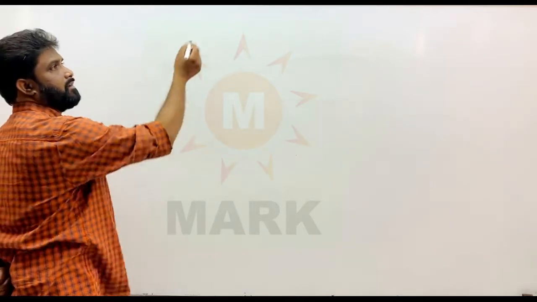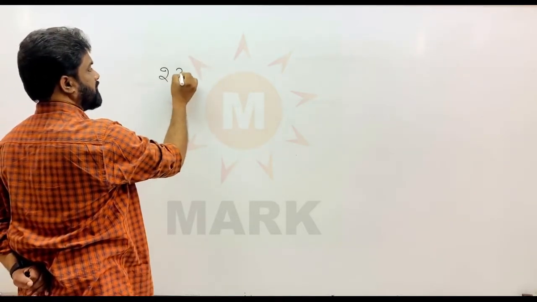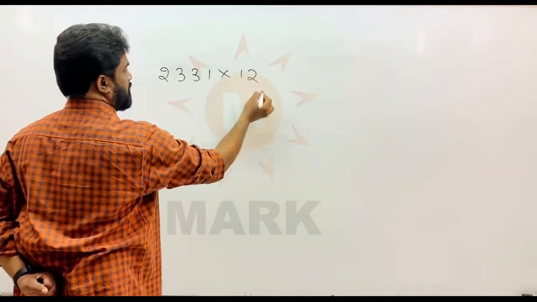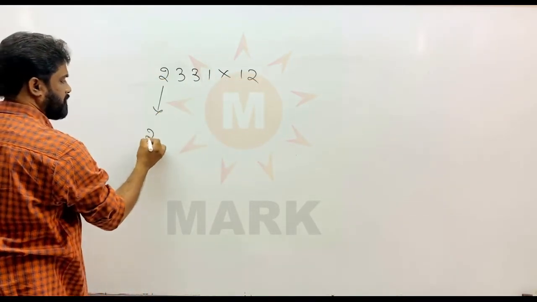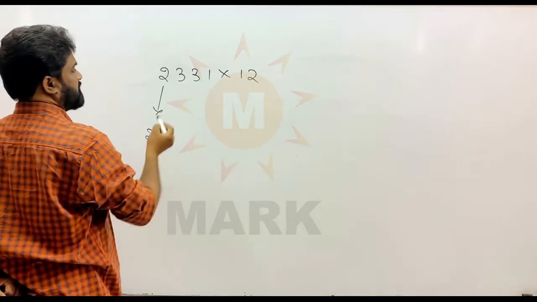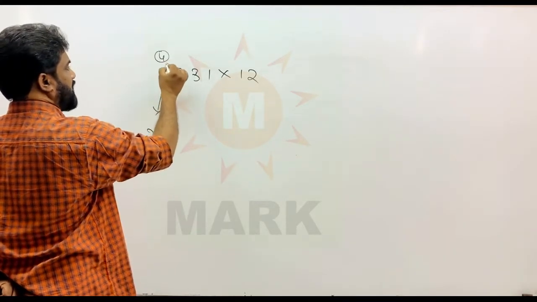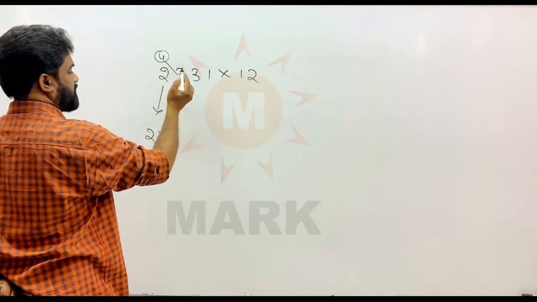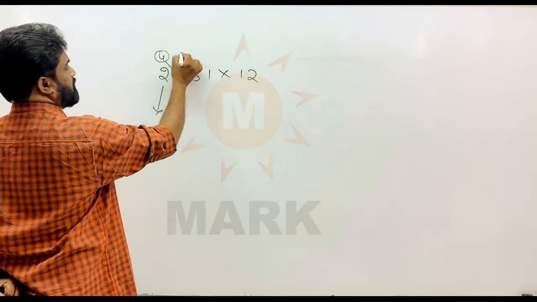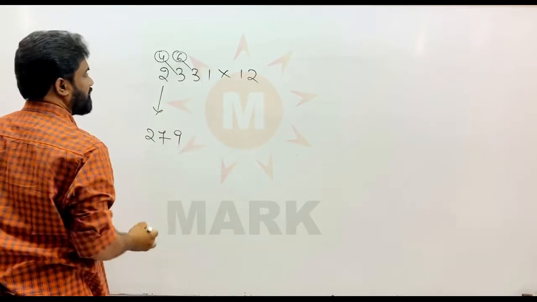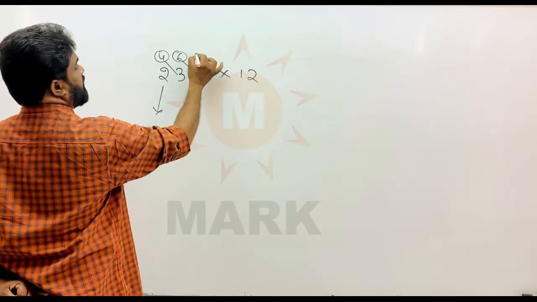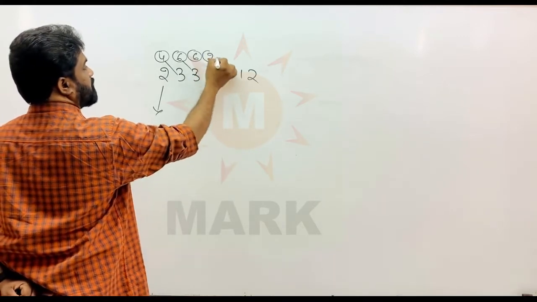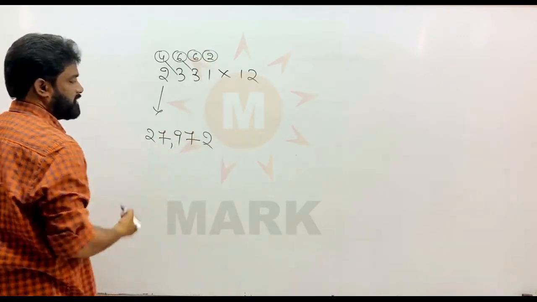Now I am taking suppose 2331, a 4-digit number, into 12. So first number as it is I am writing 2. Okay, first number as it is I am taking 2. So double the number, add to the next, that is 7. So double the number, add to the next number, that means first 3. So what is the double of 3? 6. 6 plus 3 what? 9. Now 3, what is the double of 3 again? 6. 6 plus 1 what? 7. Now what is double of 1? 2. So nothing is there to add to 2. So this is the answer.